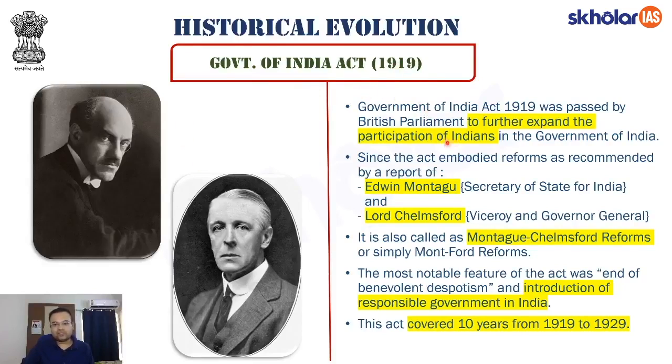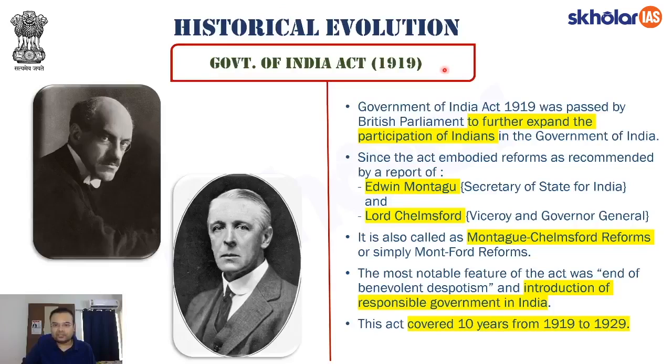So the first thing that we need to understand is that the GOI Act 1919 further expanded the participation of Indians in the Government of India. It was realized that it is necessary that Indians are a part of the administration. At least they should be given that confidence, that sense of power as to what they think matters with respect to decisions that British India authorities are taking. Much like